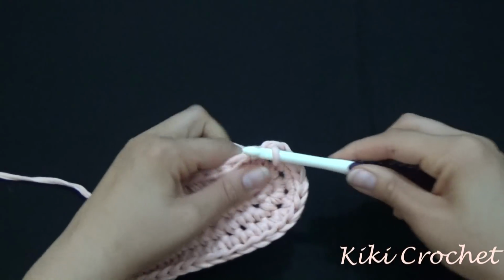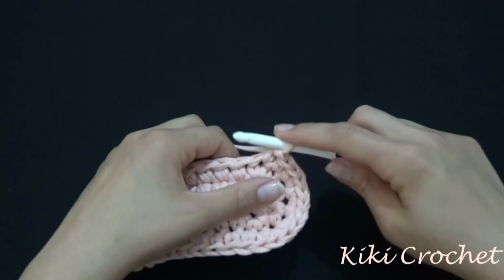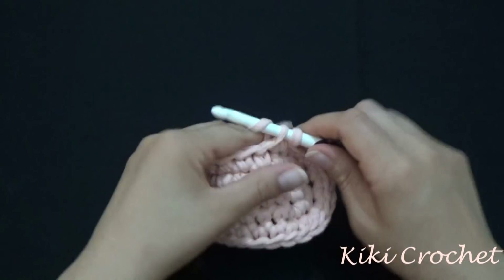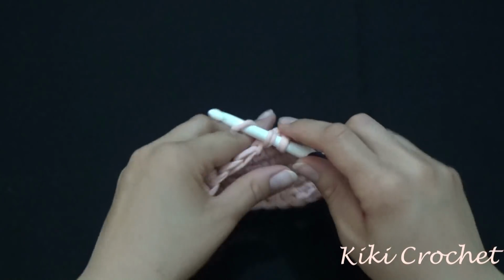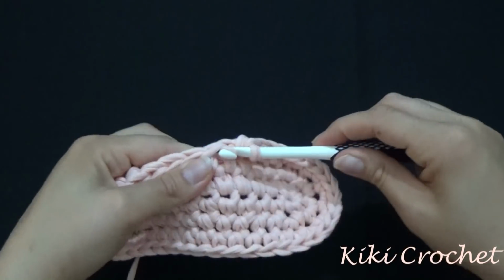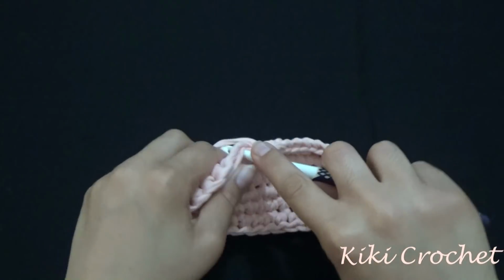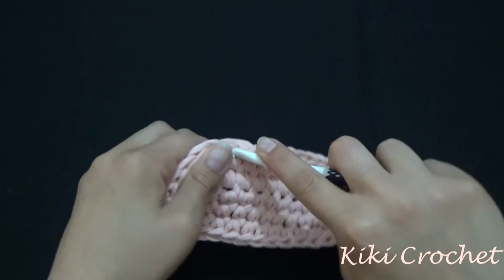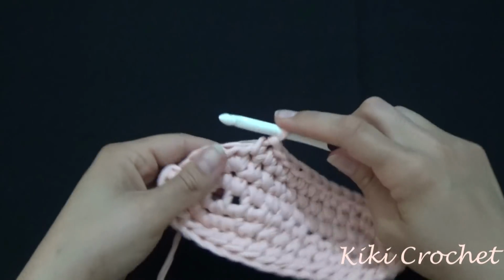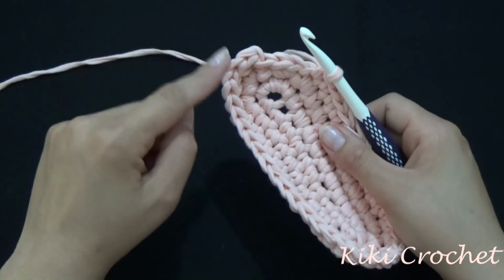Starting from the next stitch, 1, 2, 3, 4, 5, 6, 7, 8, 9, 10, 11, and 12. And in order to have the same number of increases on the one side and as well on the other,